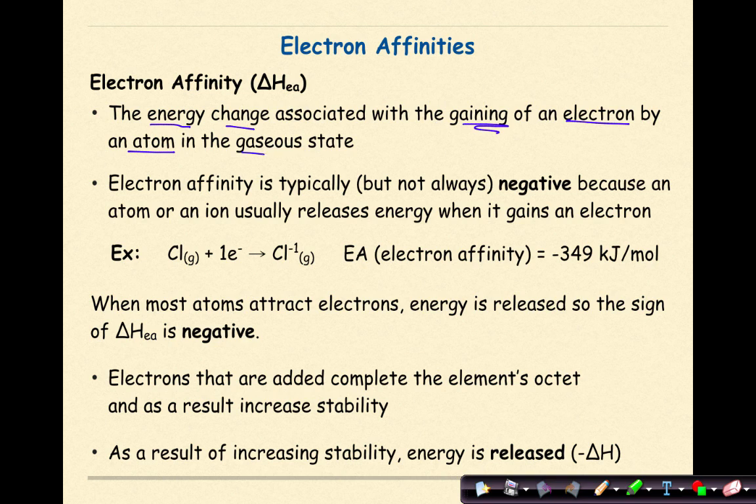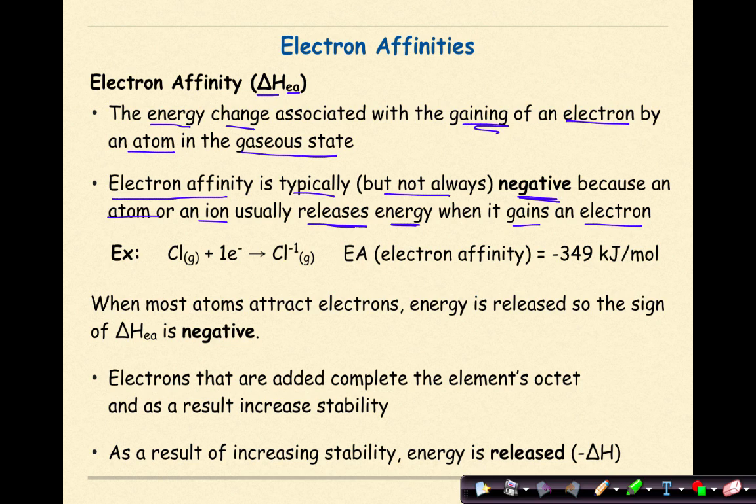Electron affinity is defined as the energy change associated with the gaining of an electron by an atom in the gaseous state, and we represent this with a delta H and a subscripted EA. Electron affinity is typically, but not always, negative because an atom or an ion usually releases energy when it gains